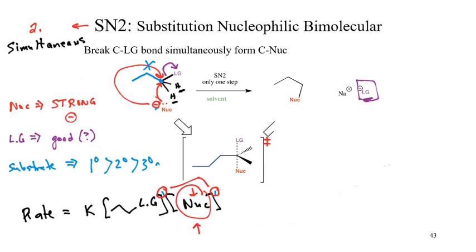The nucleophile is coming in trying to make a bond with our carbon at the exact same instant as the leaving group is trying to leave. Okay? And it has to come in from the backside, because if the nucleophile came in from the top side, it's going to butt up against the leaving group. The other argument that is much more valid, which we talked about back in molecular orbital theory, is that